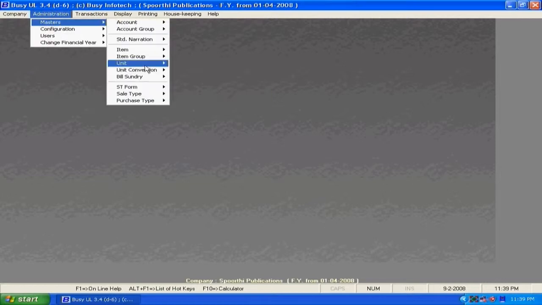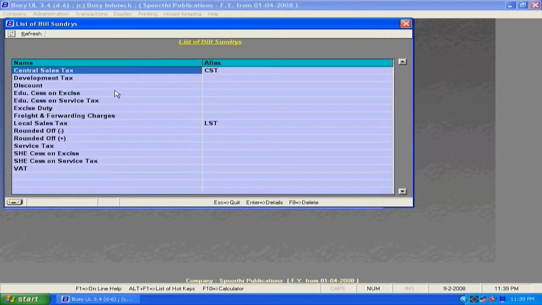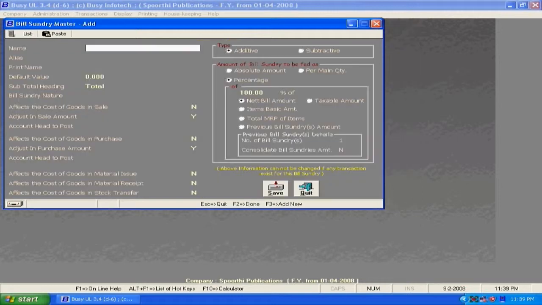Bill sundries. Bill sundries are for taxation. These are the predefined taxes that are being given by BUSY, and here are the details where you can manually configure accordingly, and list of forms.